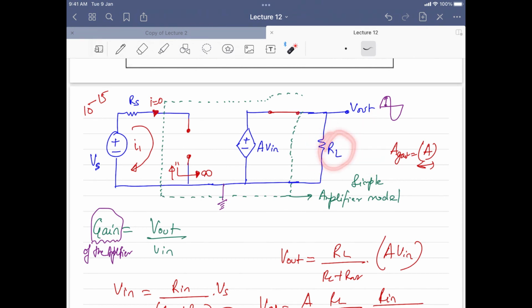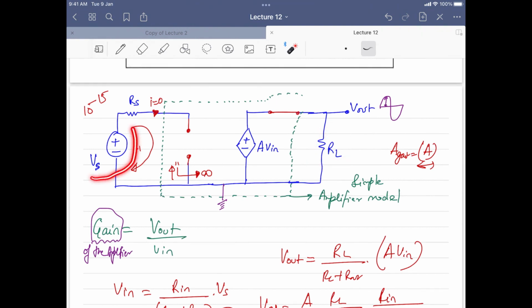So whatever resistance, whatever speaker you have, you have to bear with that. You cannot tell the manufacturer to prepare an RL specifically for me, or prepare a speaker specifically for me. You will buy a speaker, a loudspeaker or whatever, a home theater system. The speakers that you will have there are not by your choice. You have to take it from the person who is already creating it with a specific load resistance. So that's why this is not in your hand.